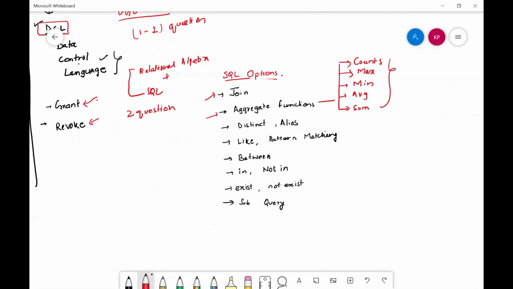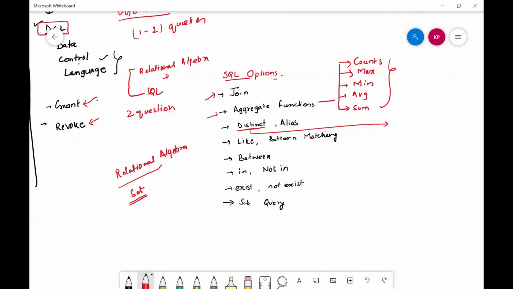The next option is distinct. In relational algebra, what we have done is on the basis of set theory. A table is treated as a set, and the basic theory of a set is that there are no duplicate values.